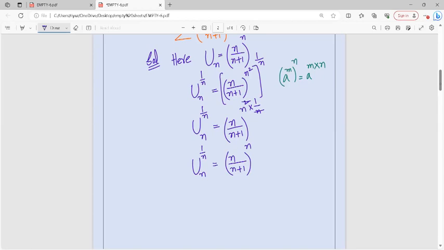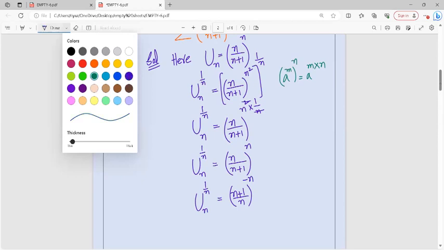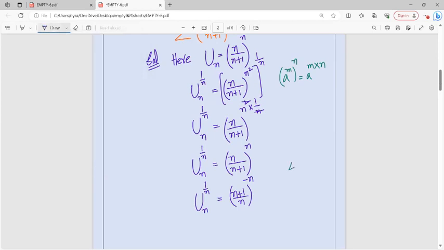Now what I actually want to do here is, un whole to the power of 1 by n is equal to this one. I want to write it in a different way. It means if you take the reciprocal of this, it becomes n plus 1 upon n whole to the power of n. If you take the reverse, the power will become negative. I will give you one example to understand this basic. Like if you have 4 by 5, for example, 4 by 5 whole to the power of 2 is there. If you take the reverse,